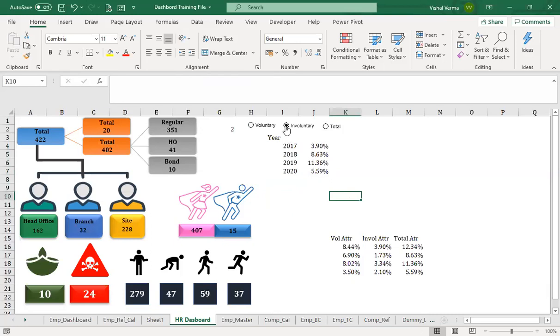Involuntary 3.9, 8.3, 3.9, 1.73. So there is some error here in the formula. Okay, so it is taking S21, U21, T21 as the same value.